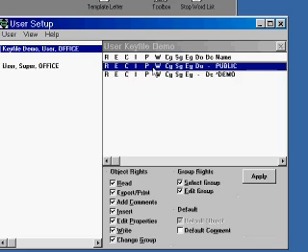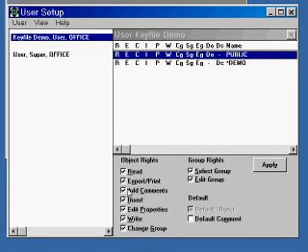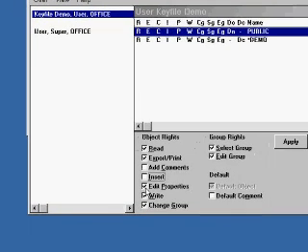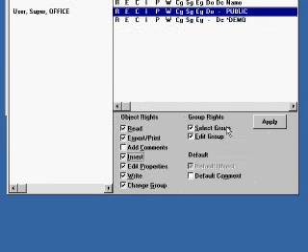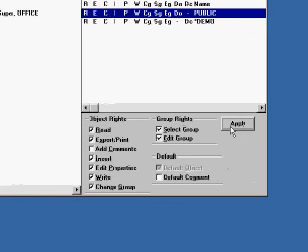I can change a user's security privilege within a security group by simply clicking on the privilege I wish to remove or the privilege I wish to add. Here you can see I've removed the demo user's privilege to add comments. I click the Apply button